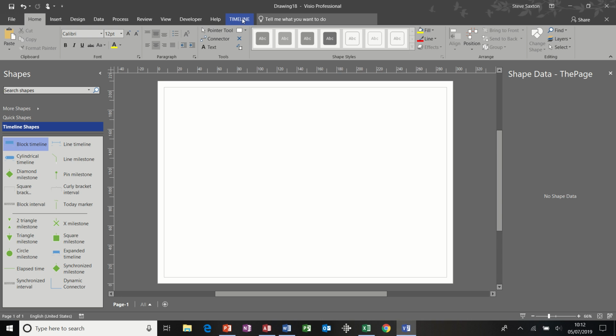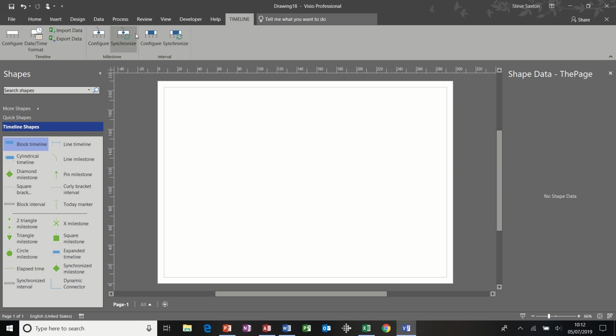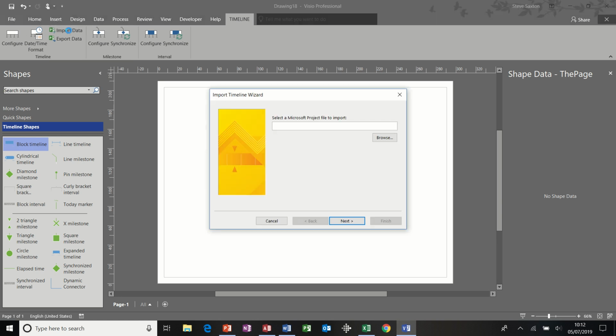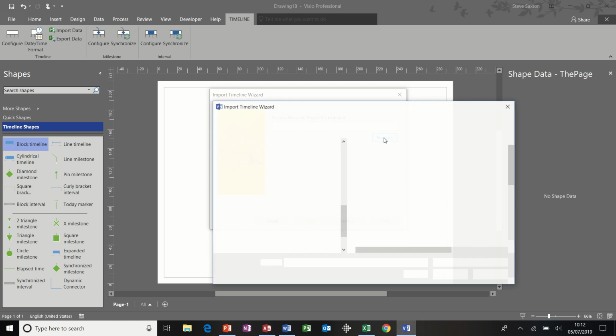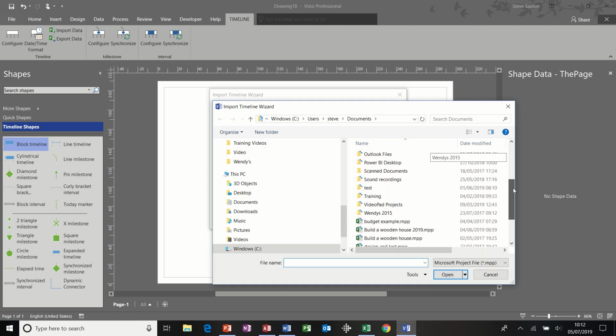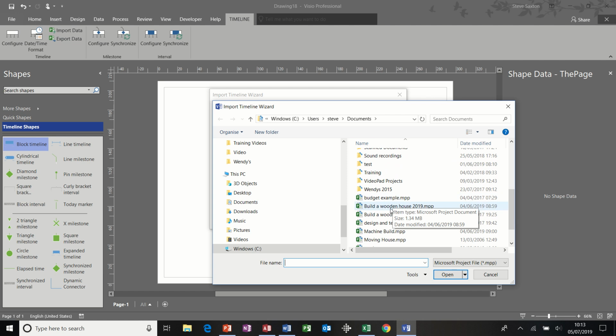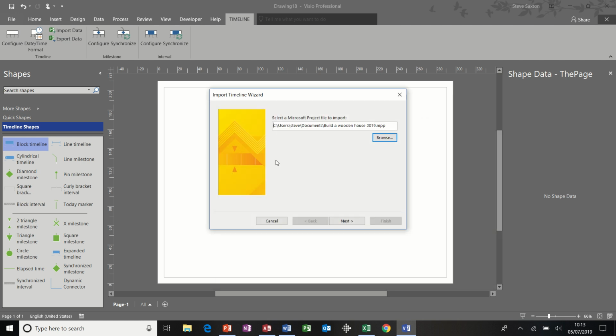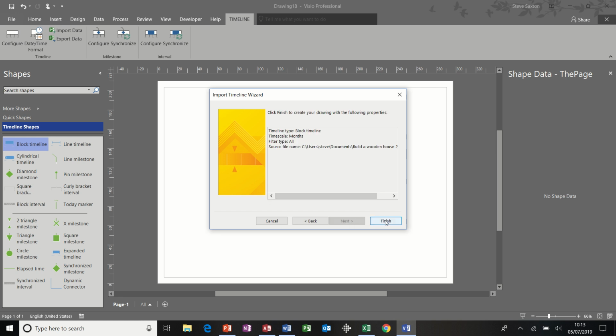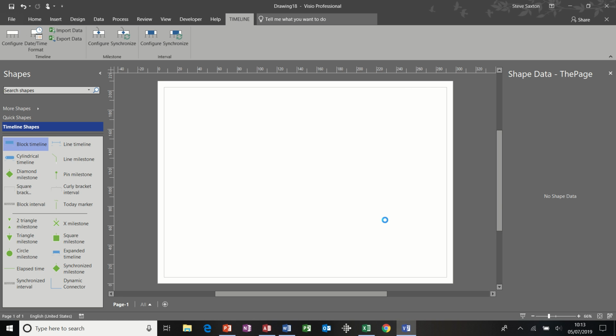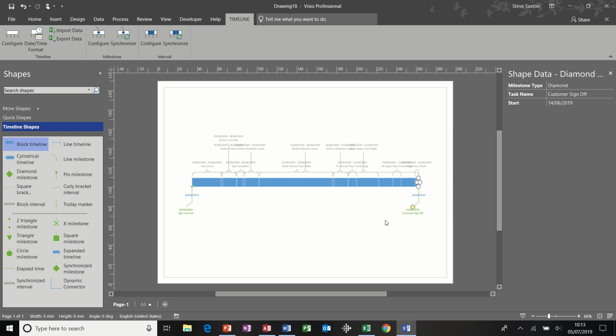To do that, on the timeline tab on the ribbon, you have an icon, a little Microsoft project icon, import data. Click on that and then select the file that you require. So down here, build a wooden house, double click that, and then I'm going to follow the wizard through. I am going to leave everything on the default settings for this example, so following it through next to the end, finish, and then the wizard will generate the timeline based on the fields and the information in the